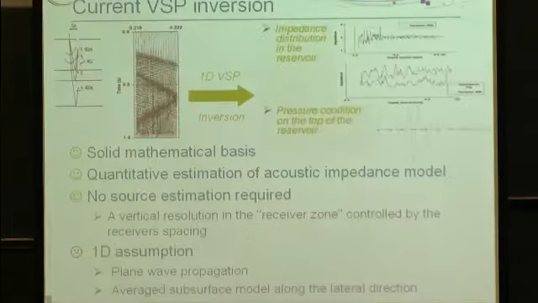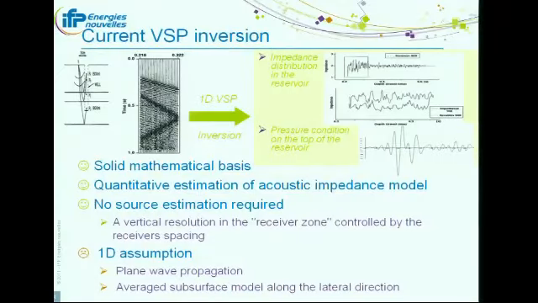So the approach for inverting such data was proposed in the 80s by Patrick Lailly and Daniel Massé. It has been developed in a 1D framework. So the objective is to reconstruct an impedance profile from VSP data. And in 1D, you can measure the depth in terms of travel time, and then we can get rid of the velocity distribution. So this approach relies on a solid mathematical basis that leads to a quantitative estimation of the